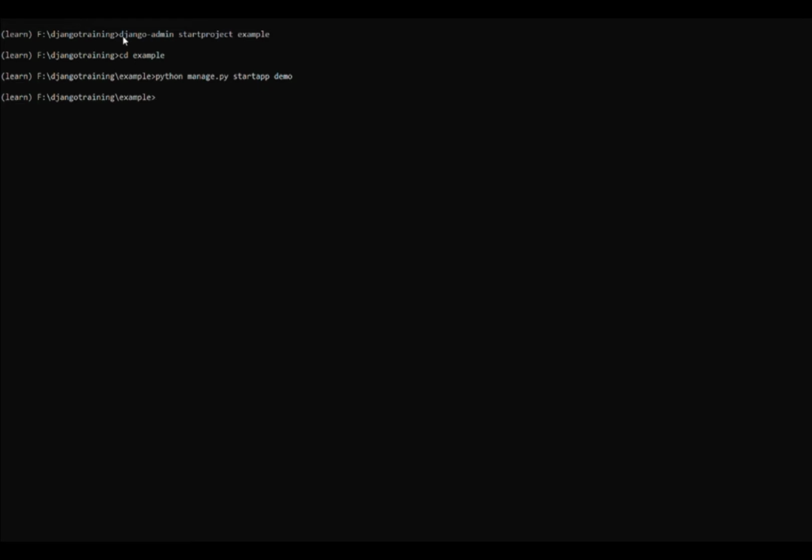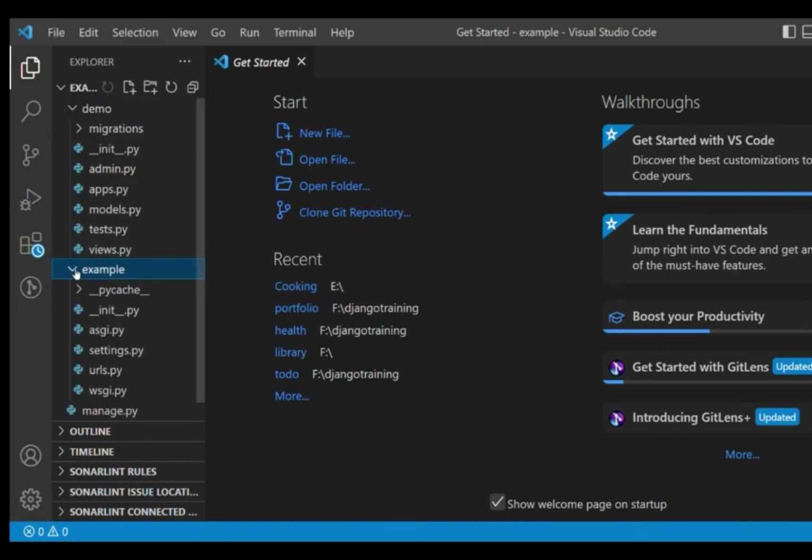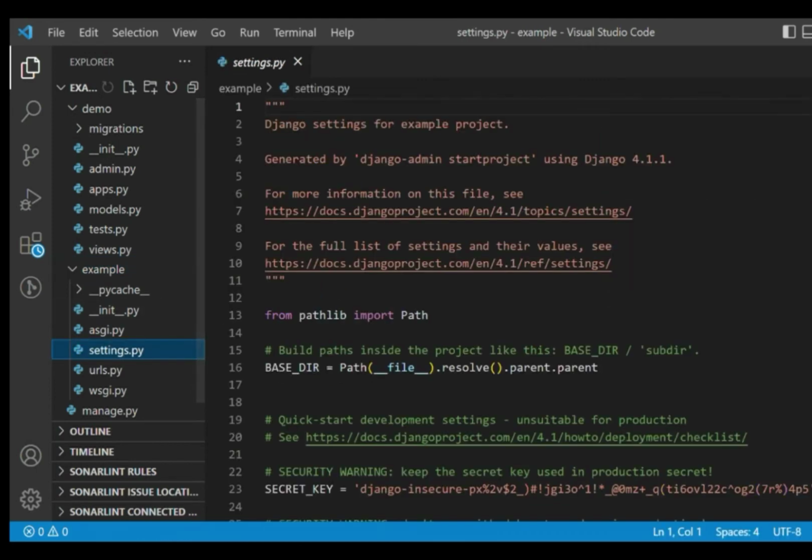Now we'll open our text editor. In order to open it, we'll write code dot. Visual Studio Code will open after a few seconds. As you can see, Visual Studio Code is open and we have two folders: one is the demo folder and one is the example folder. When we expand the demo folder, we see it's an app, so all the files related to the app will be seen, and in example we'll see all the files related